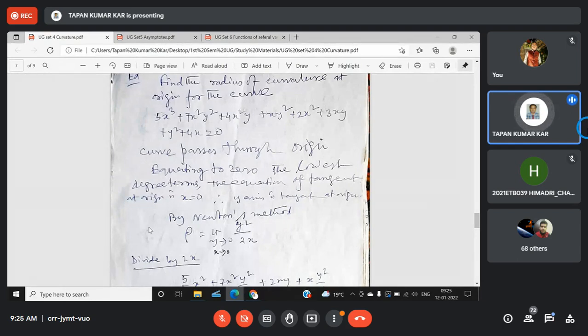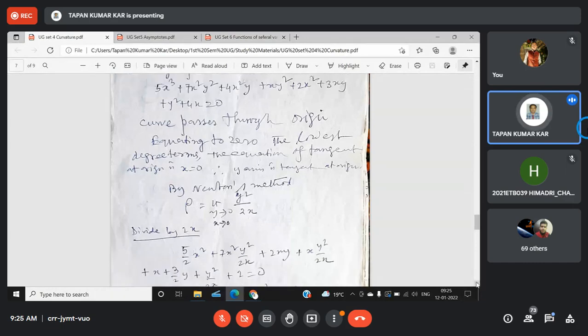Then, if the curve is not given in a suitable form, so that you feel difficulty using the radius of curvature formula given by Newton when either the x-axis or y-axis is tangent, then you may think about the Cartesian form. But if either the x-axis or y-axis is the tangent at the origin, then it is easier to apply Newton's method in that case. If you have any question, ask me. Otherwise, I will show you the next example.